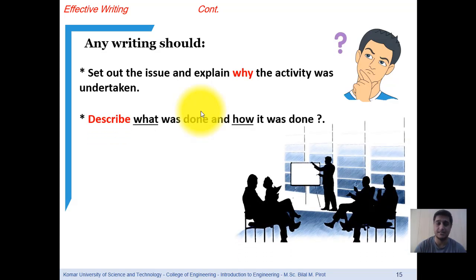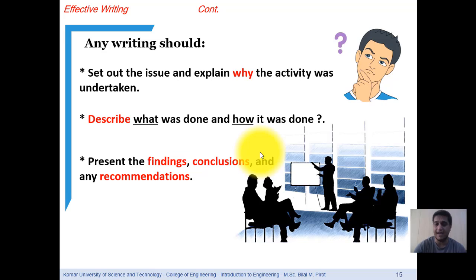The second question is describing what was done, and the third question is how it was done. So those two questions are very important. What did you do to get this result, and how did you do this? So it means the procedure of doing something. Then when you have answered these three questions, why did you do this, what did you do, and how did you do, after that you should present your findings, conclusions, and